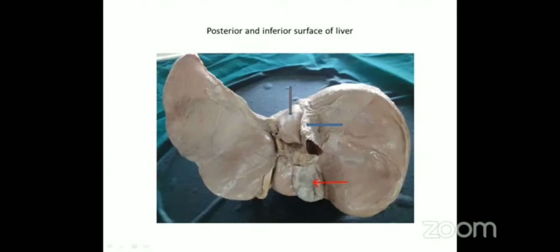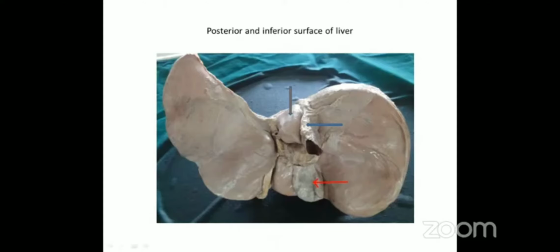In continuity with the stomach, the duodenum, and then the duodenum will change direction. So there is a flexure of the duodenum, and most of this right side is related with the right kidney and right suprarenal, which will extend into the bare area of the liver. So this is mainly the visceral surface. This can be asked as a part of your viva, or it can be asked like this in your spotting. So that is about the liver.